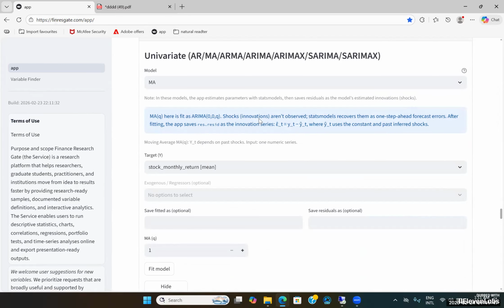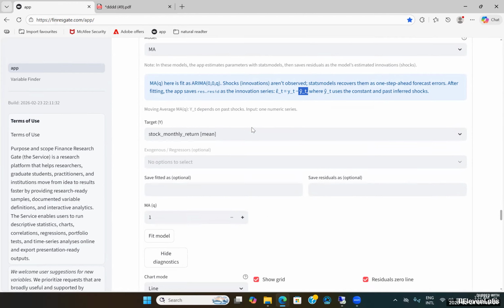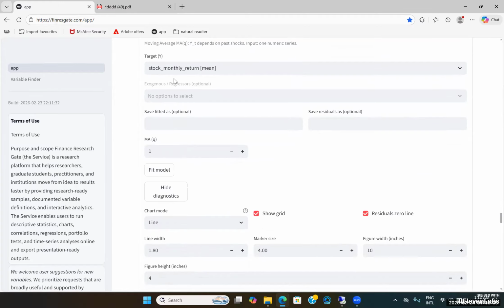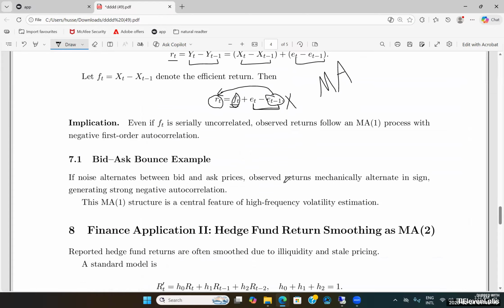So the MA, or moving average, is calculated using the errors. But how do we actually go about finding these errors? It's simply the actual observed value of the variable of interest minus its expected value. This expected value in turn can be estimated quite effectively by using a constant term and incorporating any past inferred shocks. So, after you've clearly specified this variable, the computational model designed for this application will then estimate the associated error shocks, and following that, we will then proceed to run the MA model.